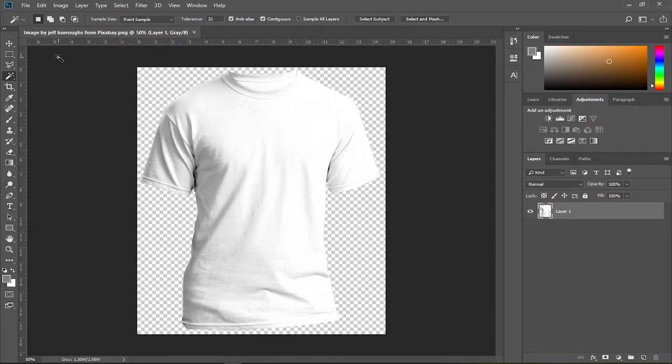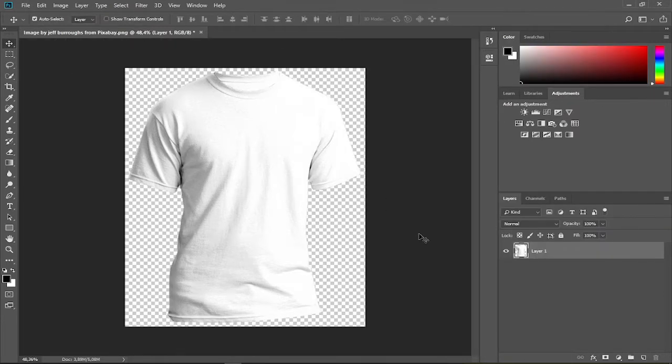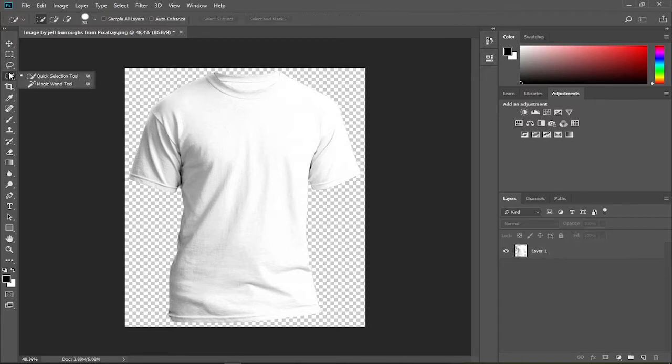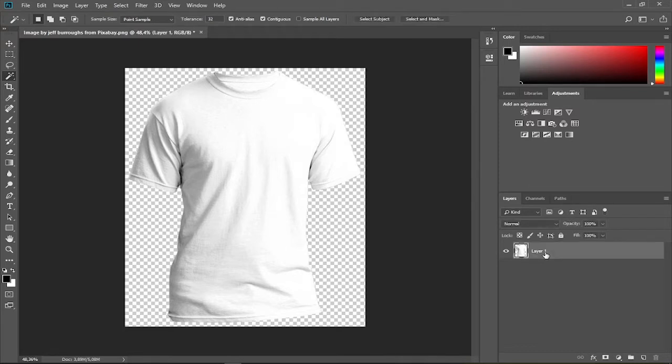Then, we need to make a displacement PSD file for the t-shirt texture that we will use to blend with the design we are going to add afterwards. To do that, select the t-shirt using the Magic Wand tool if your image has a transparent background. Right-click over here, and click on the Magic Wand tool. But in case your t-shirt image has a complex background pattern, I suggest using the Quick Selection tool instead. Because I use the Magic Wand tool, simply click on the transparent area, then right-click and choose Select Inverse.